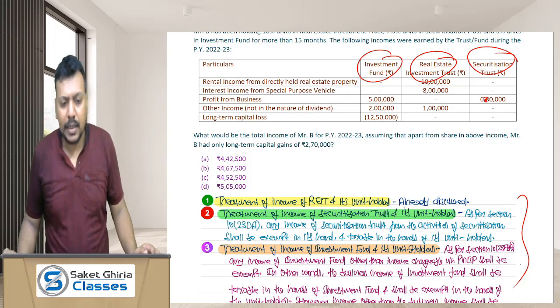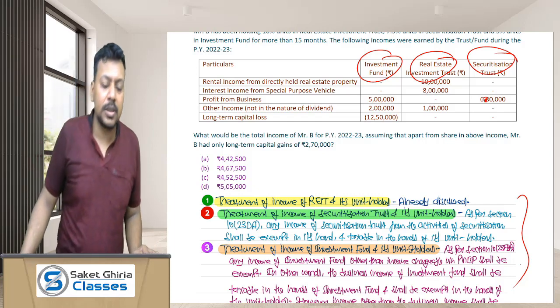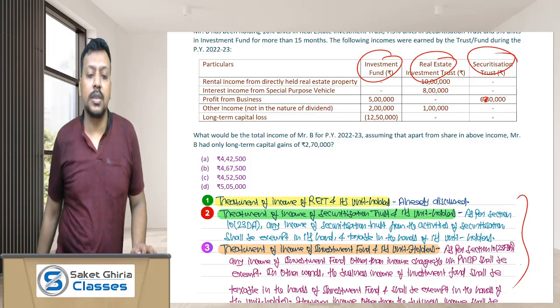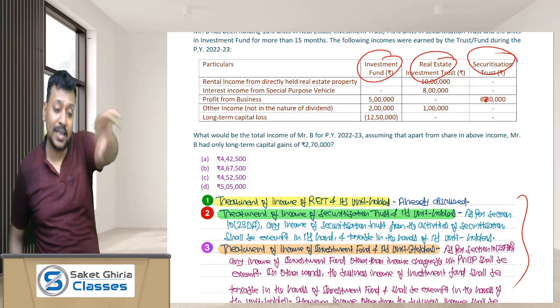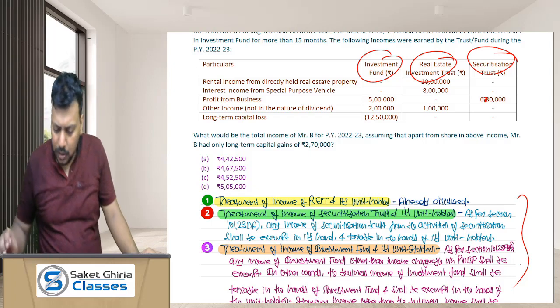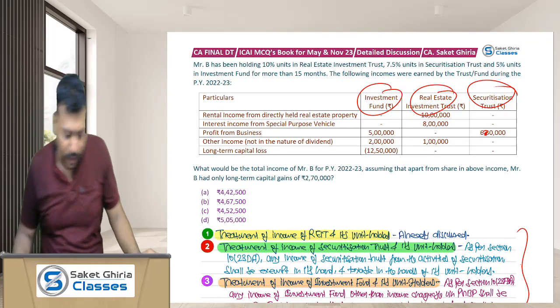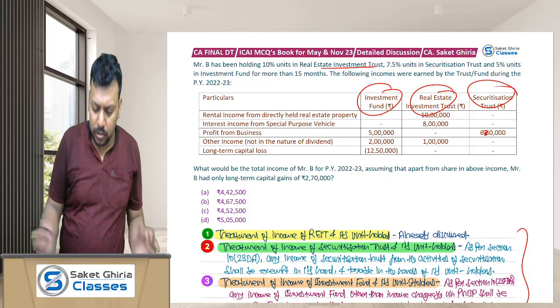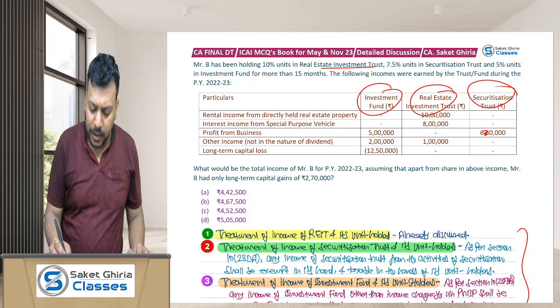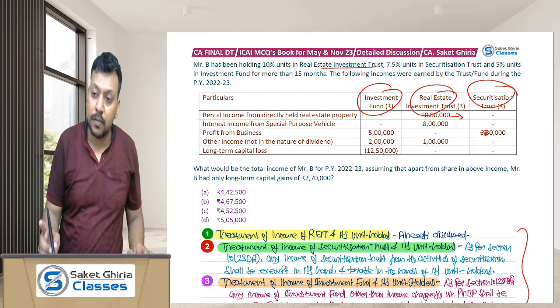In case of securitization trust, the income of securitization trust from the business of securitization will be exempt in the hands of securitization trust and taxable in the hands of the unit holders. Okay. So after knowing each and everything, let us start. Mr. B holds 10% in the REIT. So starting with REIT interest, rental income, this is exempt in the hands of REIT but taxable in the hands